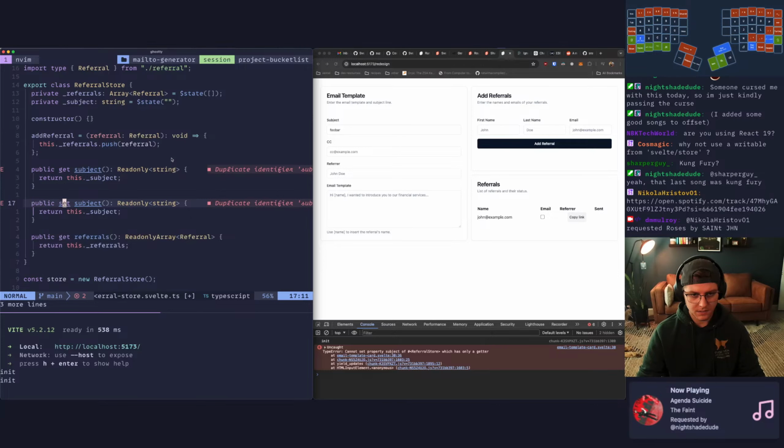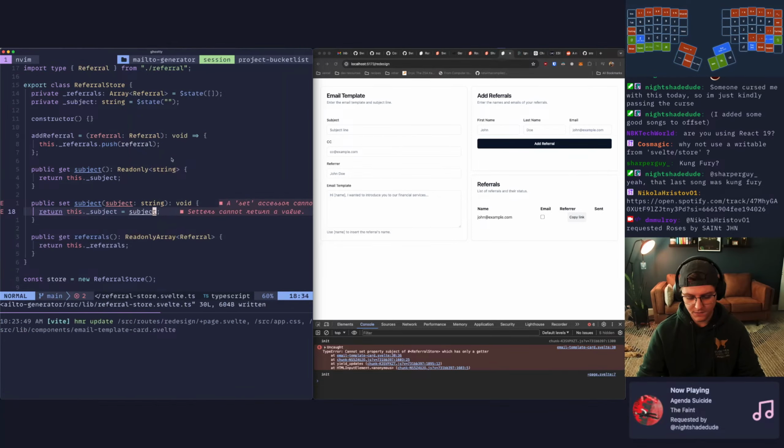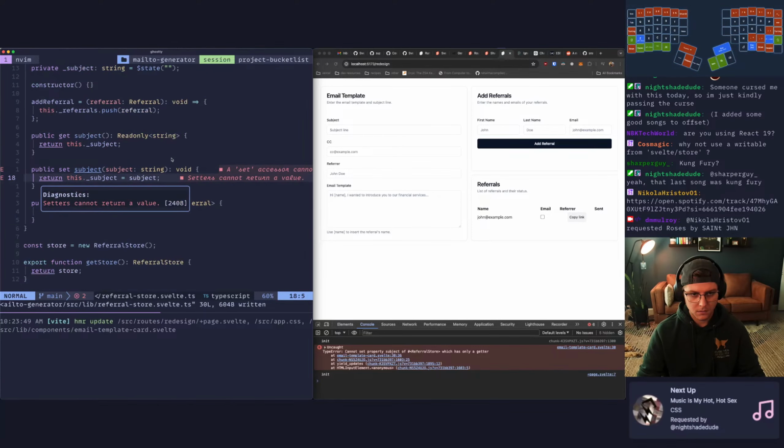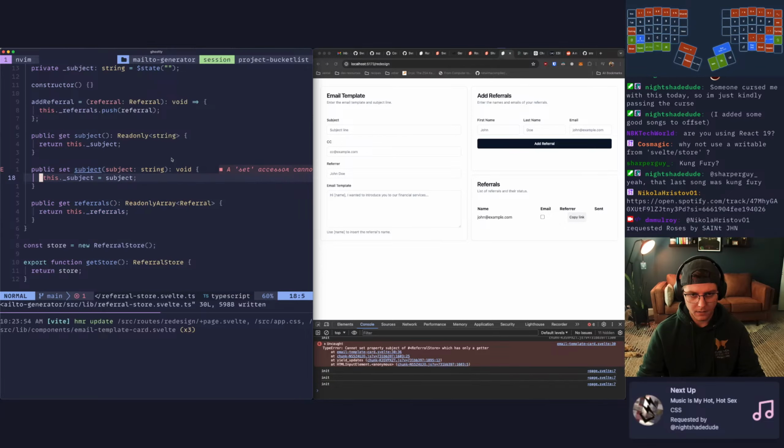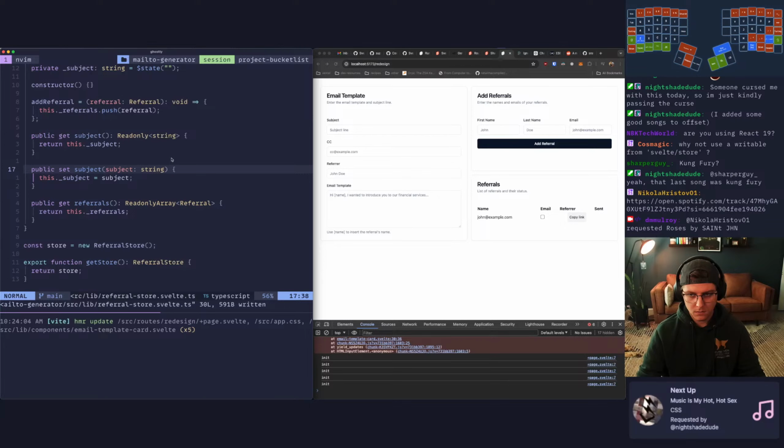And we'll say this is a set, and this is going to return change to that, and this will be void, and this will get a subject string, and we'll say that equals subject. And we don't even need to do that. Okay, sure. All right.